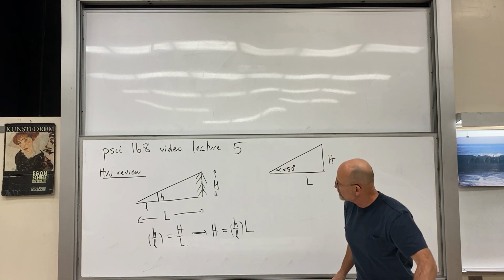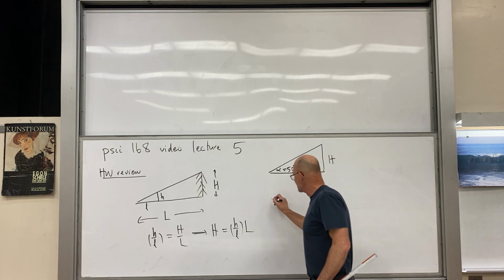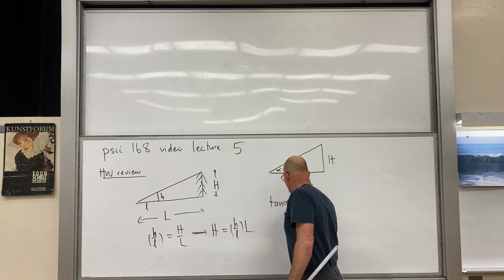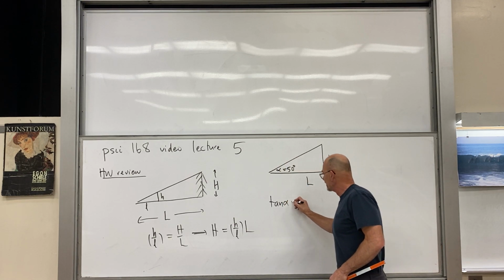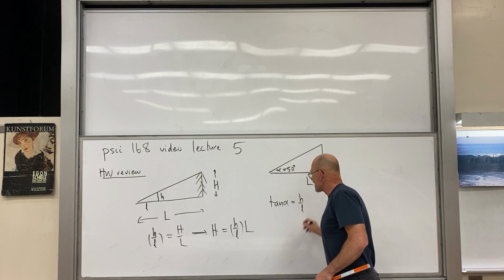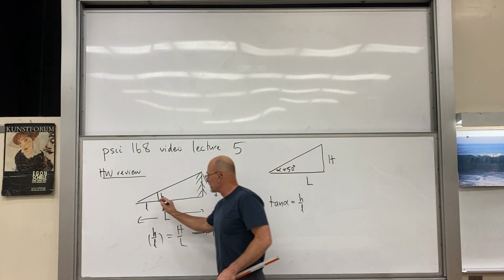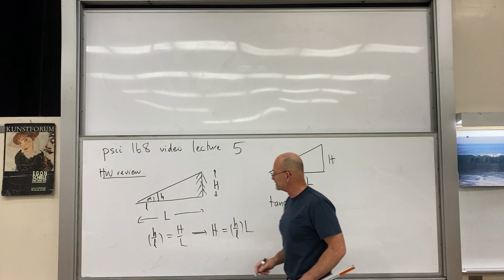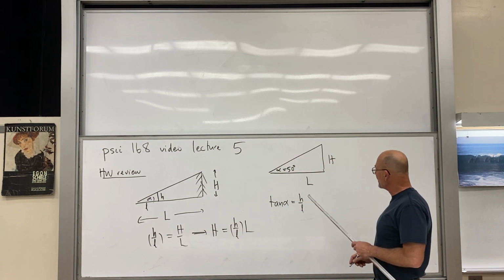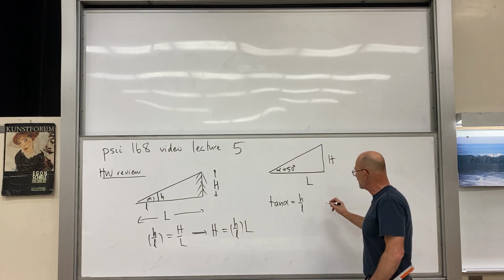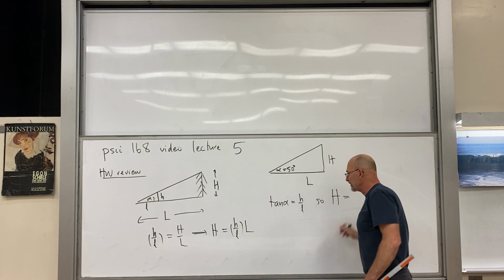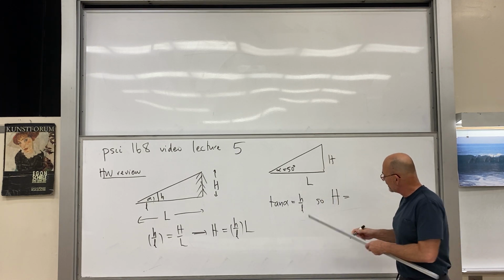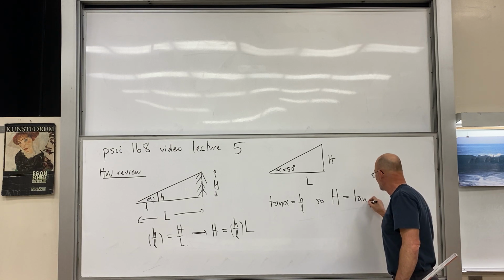By definition, the tangent of alpha, and you get this right off of a calculator, is precisely this h divided by L. So when all is said and done, H is going to be the tangent of 50 degrees